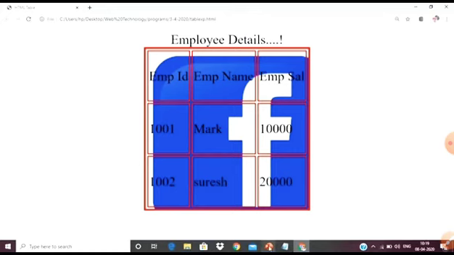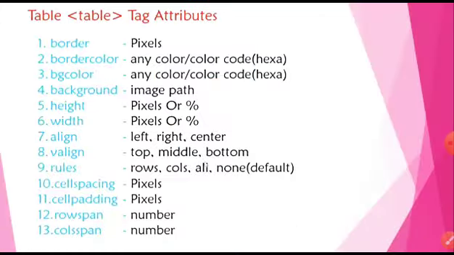So this was, students, how we use height and width. We have talked much about tables, but there are still some things left related to changes of our table. Today, what we have understood about the table is this, and the rest we will understand in the next video. Thank you, students, thank you for watching the video.